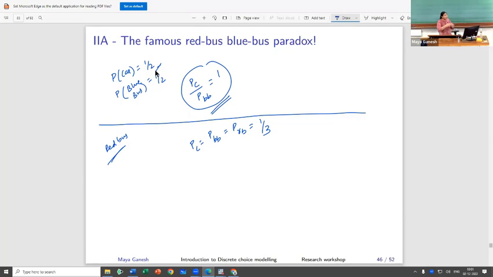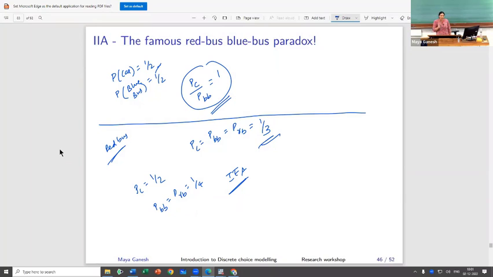So, for example, suppose a new transit mode is added, which is similar to existing modes like an express bus along with the already standard bus service. So the new bus might be expected to reduce the probability of a regular bus by a greater proportion than the probability of car, and the logit model can wrongly predict demand for the two buses in this situation,